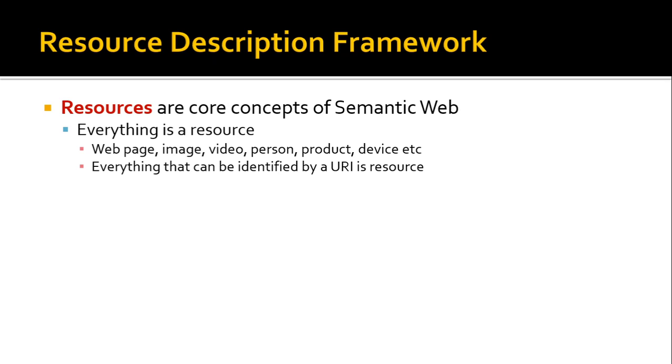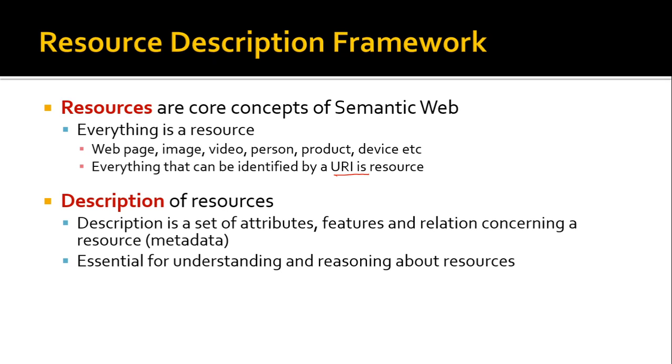They are the core elements in the semantic web, and you can think of anything like a web page, image, video, etc. to be one resource. And one thing that we need to remember is that every resource should be identifiable by one URI. So this is one thing that you have to abide by if you want to publish something